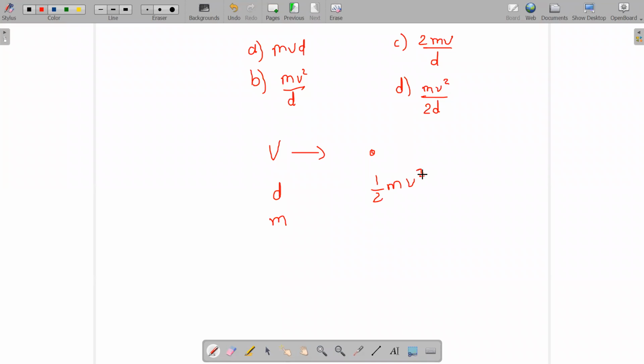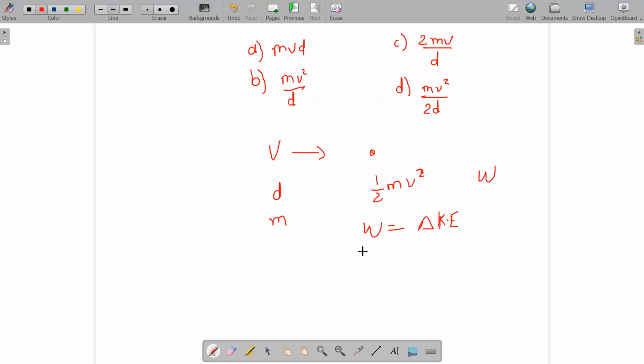This kinetic energy has to be converted to what? Zero. It has to be changed by the person who is catching, the wicket keeper. He has to reduce it to zero, so he has to do some work, right? So you can use the formula work equals delta K, change in the kinetic energy.